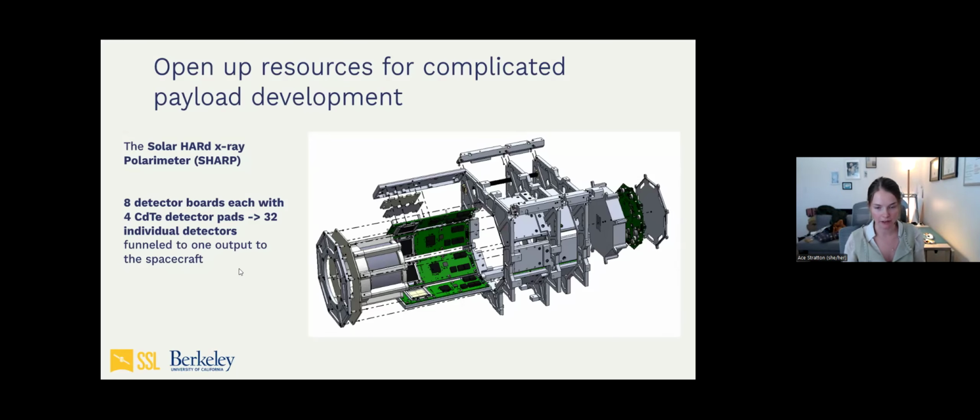So this is a blown up view of SHARP, and this just gives you a look into how hard this could be. You're making basically the same thing 8 times over and wrapping it up in a nice package. And you can imagine one detector and one, let's think any sort of data line, right? From, let's say, even a temperature sensor. It's a lot to take in that data at high cadence, deal with it, wrap it up, analyze it, spit it out to the rest of your spacecraft. Now do that 8 times over with 32 individual detectors. So it took a monstrous team to develop this.